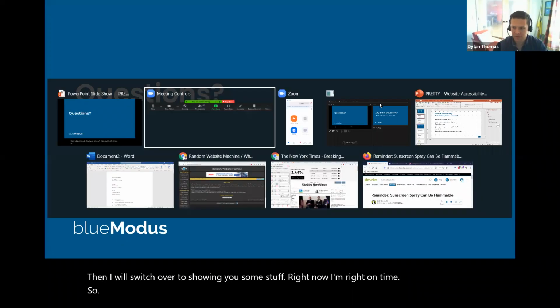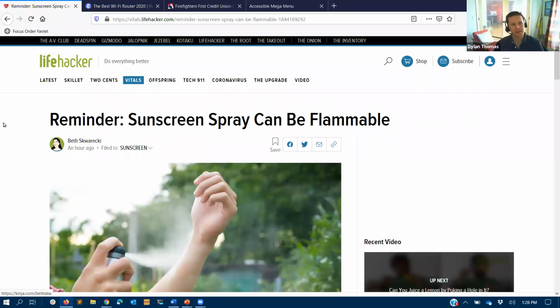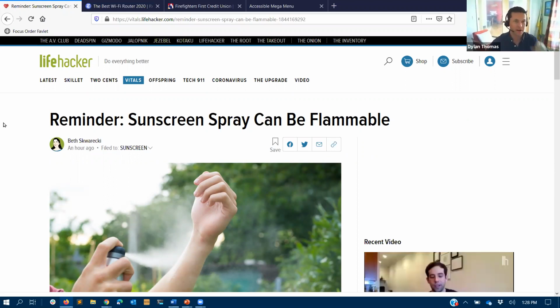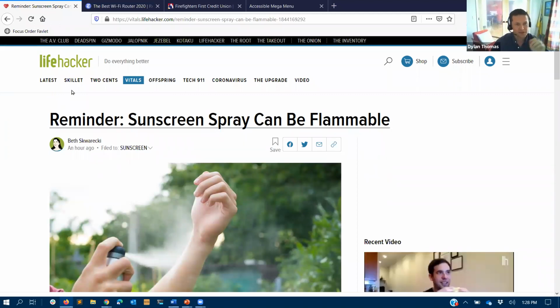Okay, so let me start here. The first thing I want to do is talk about skip links. Here are two random pages from two websites I go to all the time, Lifehacker and Wirecutter. I'm a total Wirecutter freak. So the impact of this is that